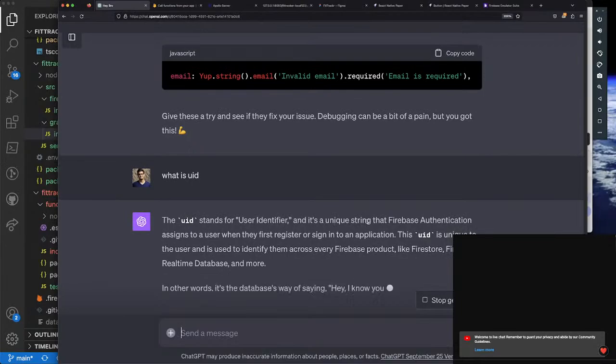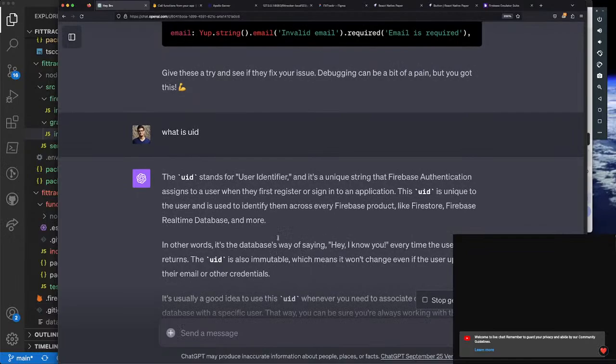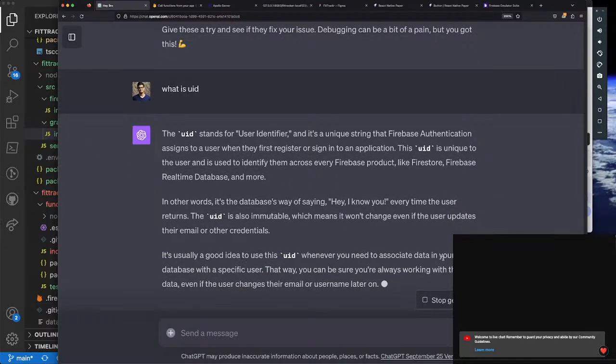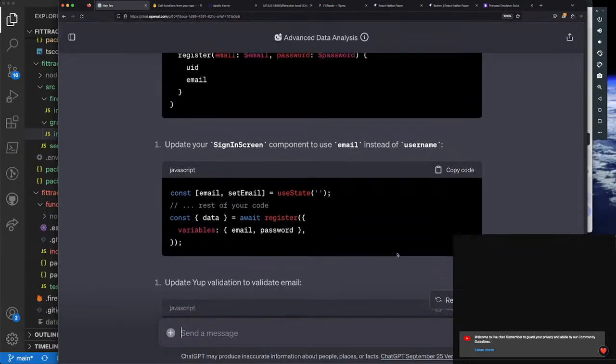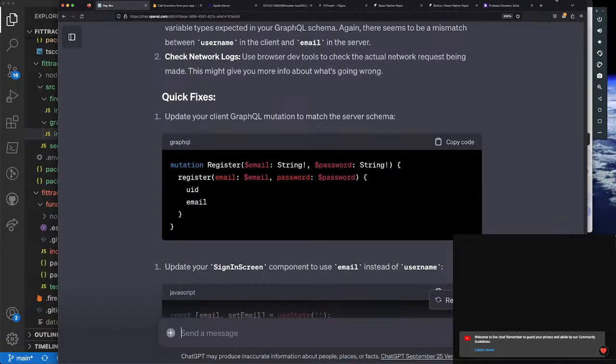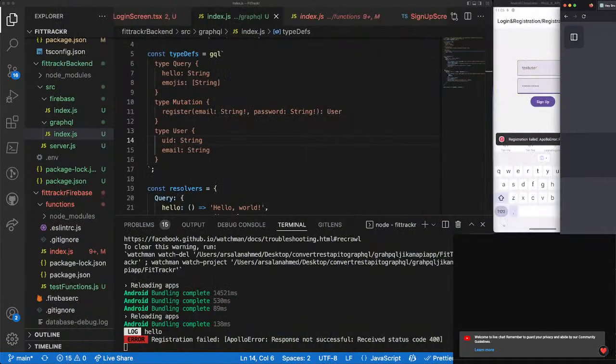User identifier and it's unique. Okay. Hey, I know you every time user. Okay, it's usually good at user. Okay, gotcha. Unique identifier. User identifier. What the hell was it again? User identifier. Okay. So we have mutation,